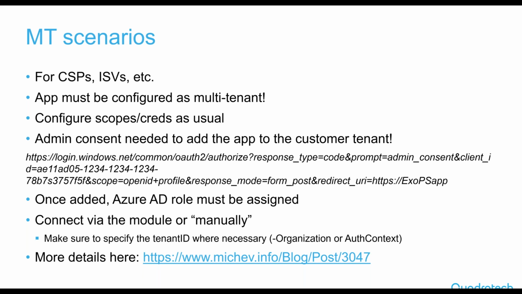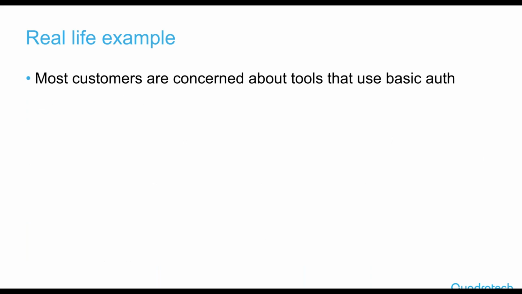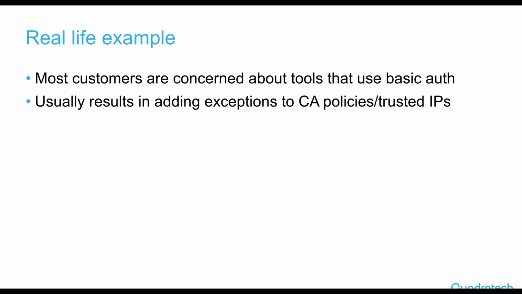It doesn't necessarily translate to what you had in your tenant. So for example, in my tenant, I have the full access, the global admin access level, while in the other tenant, I might be limited to something far more restricted compared to this. Again, more details in the blog article there. And moving on, because I'm seeing that we are running out of time,